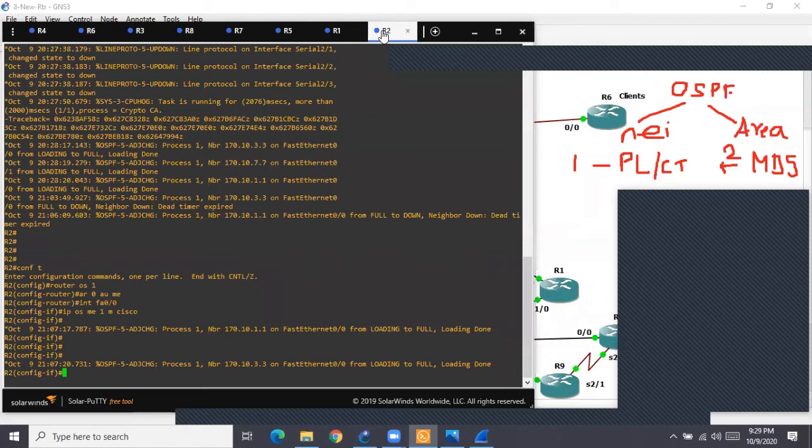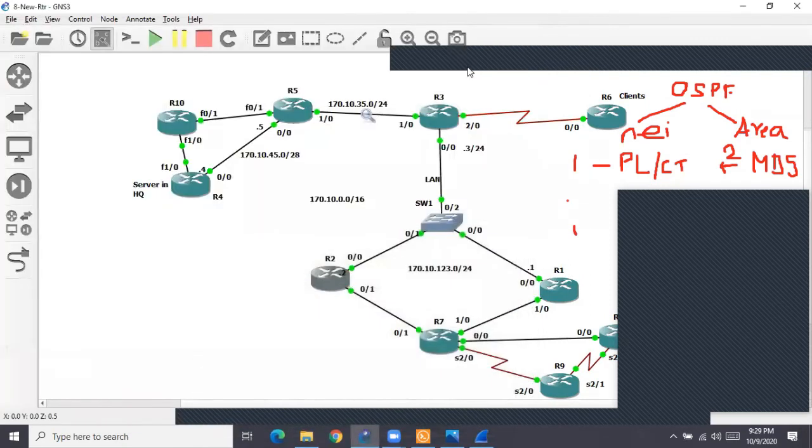If you have multiple neighbors, then what happens? This is Ethernet, they are across a switch. Whenever routers are connected across a switch in OSPF, we call that network a broadcast multi-access network, BMA.